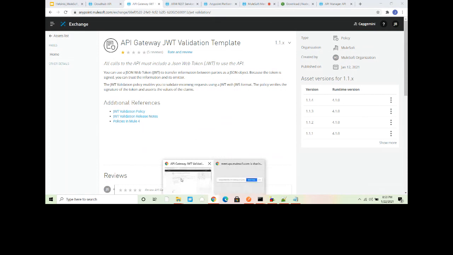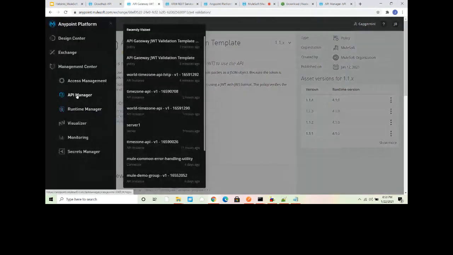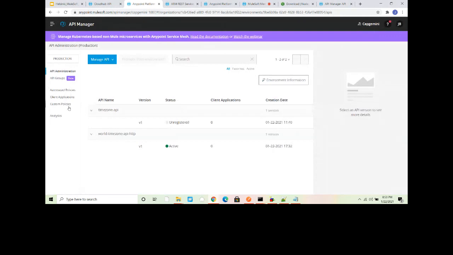So let me check if my policy has been applied or not. Let me go to my API Manager again. Okay, so if you go to API Manager, this is my API.